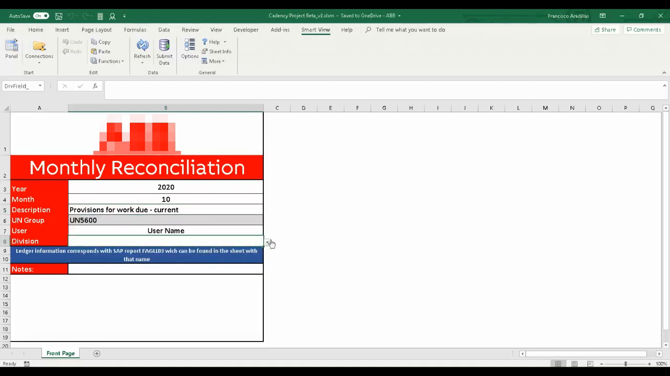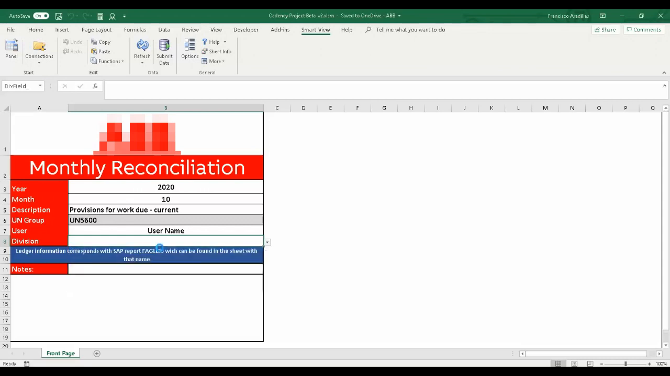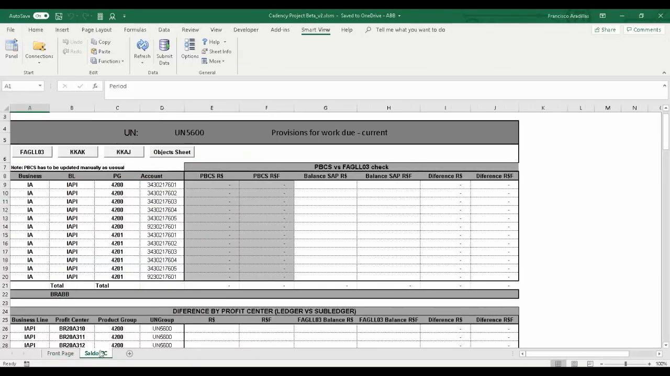And then you have to select your division. For this example, I will choose IAPI. You also have this space here where you can write any notes you deem necessary to complement your reconciliation. Once you select your division, this spreadsheet here will be shown, and it will contain your selected division's